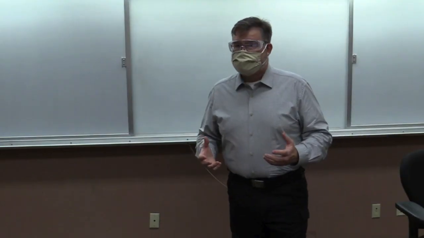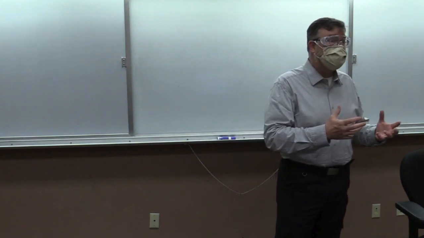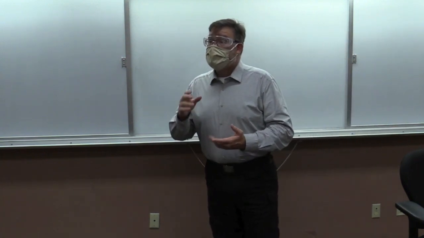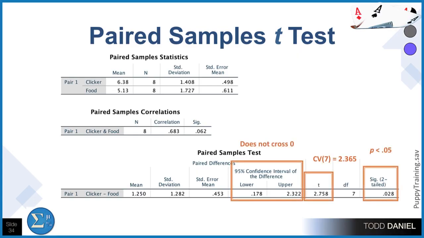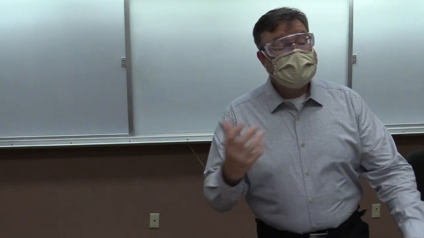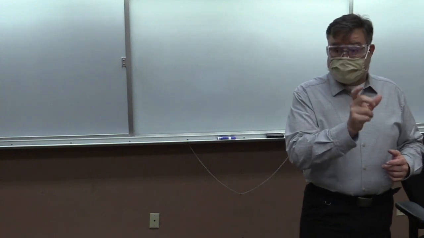We want to know, are these results telling us that the test is significant or not? 3 things that we can look for. Number 1, look at that confidence interval. It does not cross 0. So what do I mean by that? Well, the lower boundary is 0.17 and the upper boundary is 2.3. Both of those are positive, which means there's not a 0 in between them. Same thing would be true if they were both negative. If they were both negative, there's not a 0 in between them.